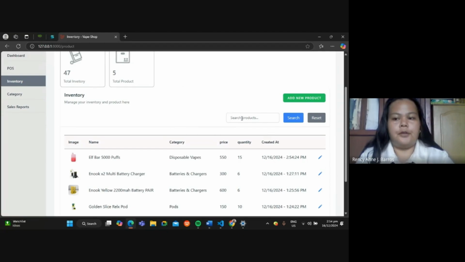The fifth functionality is the search and update products functionality. In this interface, you can search for a product using the designated fields.